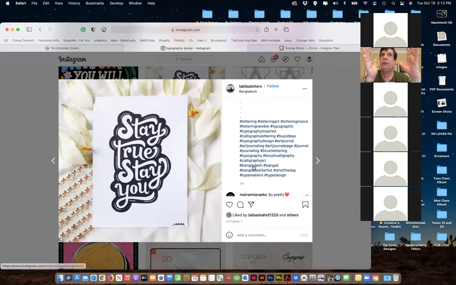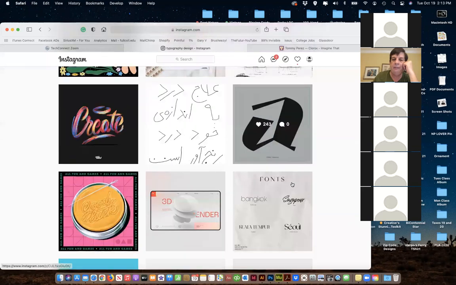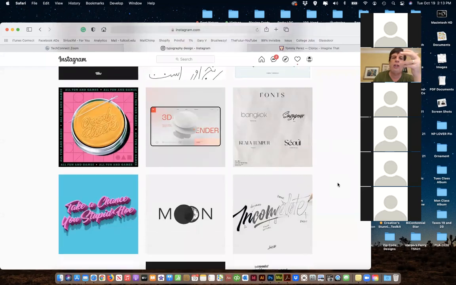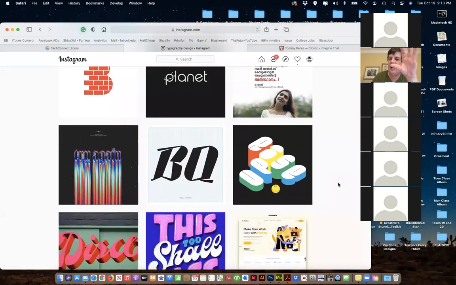They're bigger, and you're liable to get in some extra people that way, as they're just going through, looking at that hashtag, and they're going to go, "Well, that's kind of cool. Let me come and like that." But you also want to be specific, because otherwise people aren't going to find you that are looking for type or something like that. Does that make sense? I think it's a mix.